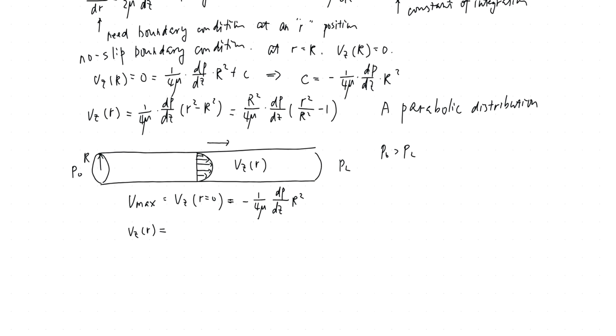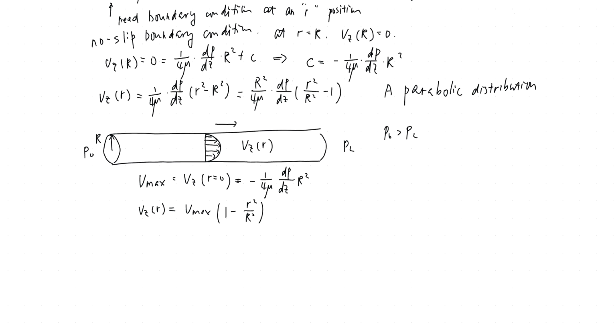Then you will get V is equal to Vmax times 1 minus little r squared divided by capital R squared. I need to give you a clear view of how the parabolic profile looks like. Okay, we obtained our velocity profile